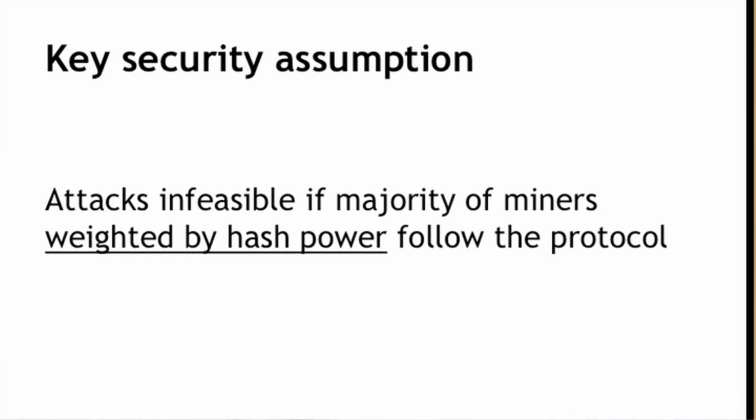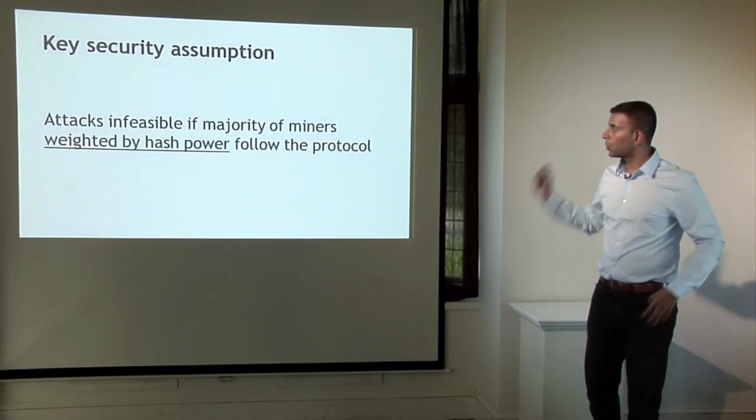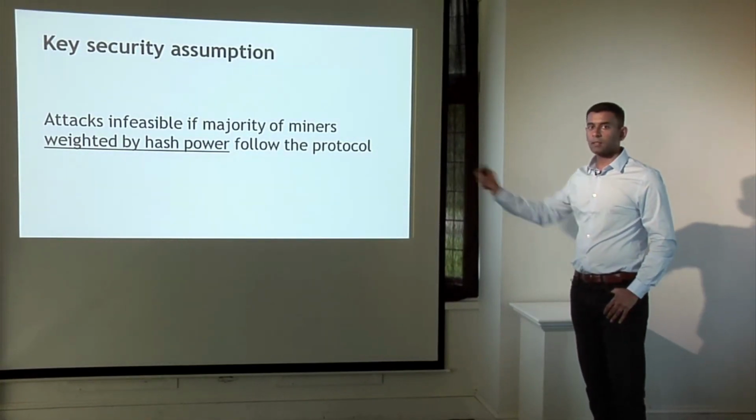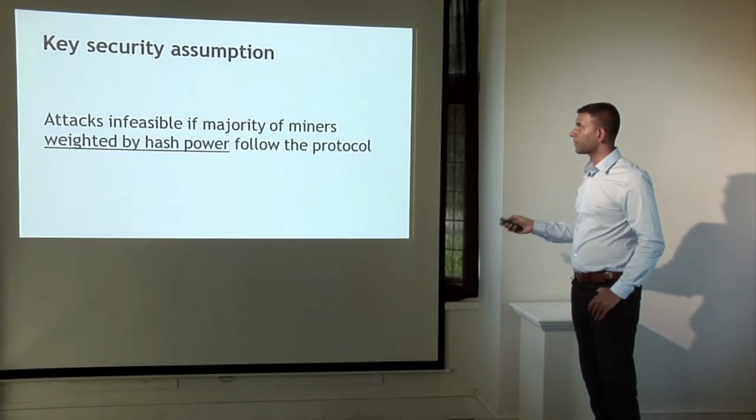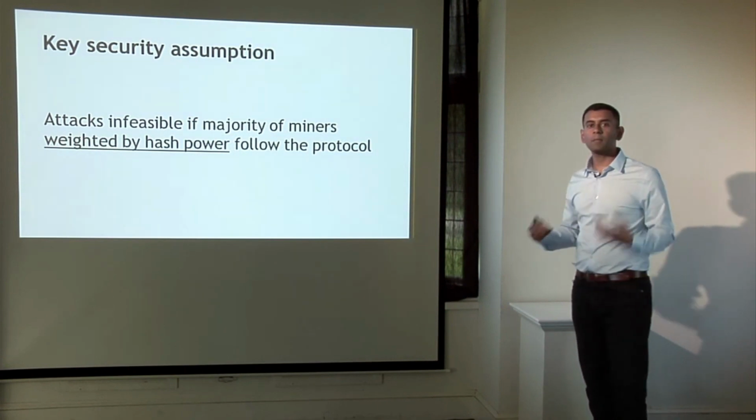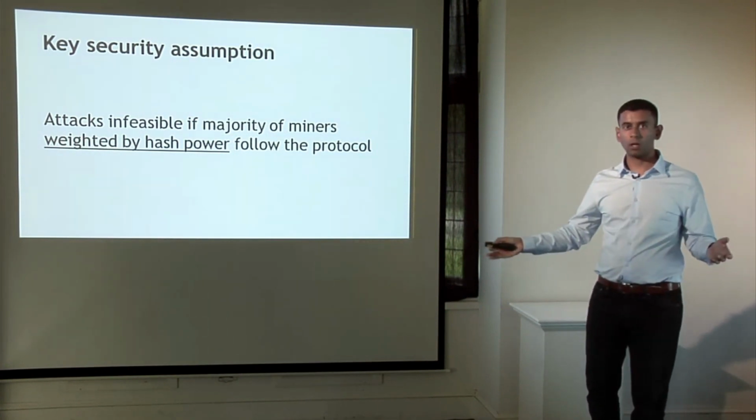Now, because of the way that this cost function and proof of work is set up, it allows us to reformulate our security assumption. Here's where we finally depart from the leap of faith that I asked you to take several slides ago. Instead of saying that somehow the majority of nodes are honest, in a context where nodes don't even have identities and not being clear about what that means, we can now state crisply that a lot of attacks on Bitcoin are infeasible if the majority of miners weighted by hash power are following the protocol or are